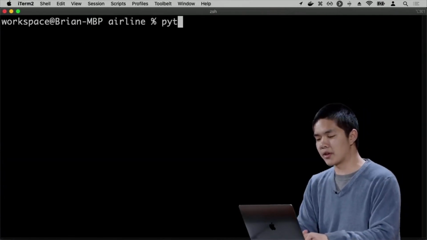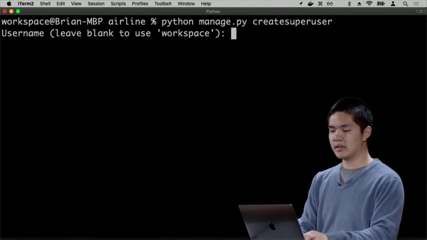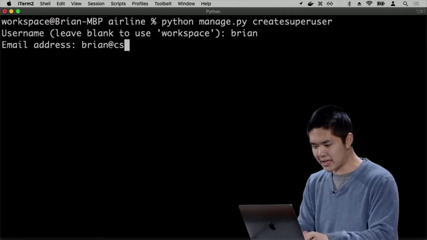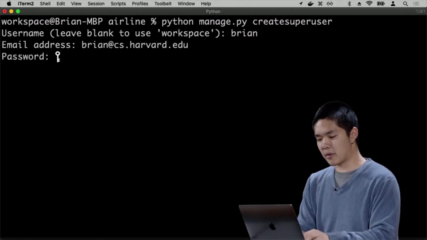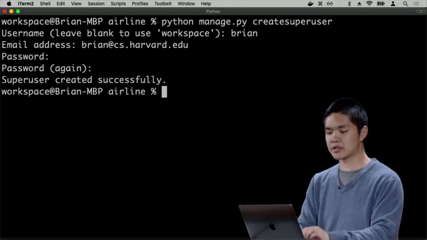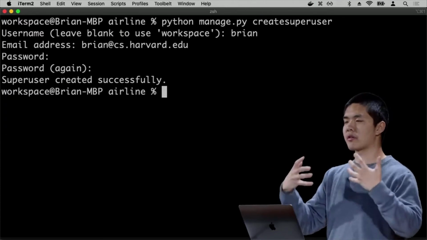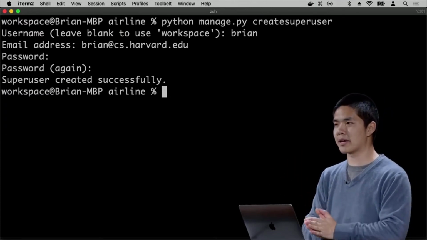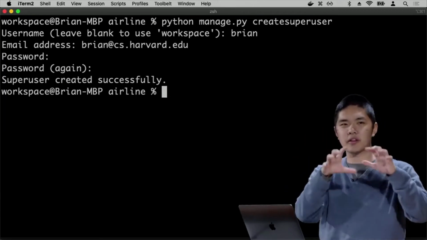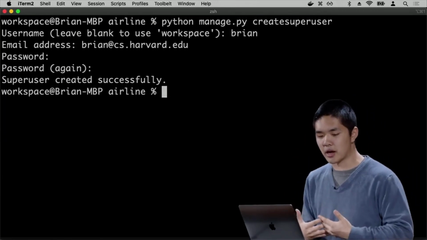I can run python manage.py createsuperuser. It's going to ask me for my name. I'll go ahead and type in my username, my email address, and it's also going to ask for a password. I can just make up a password that I would like to use, retype it in just to confirm it. And now Django has created a superuser account for me in this web application so that I, using these credentials, have the ability to visit the web interface for the admin app and actually manipulate some of these underlying